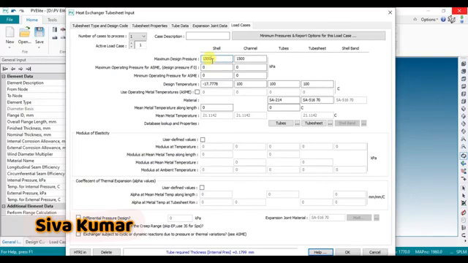And then the maximum allowable, maximum operating pressure, let it be. And then the design temperature. So here you see for shell it would be 100. And then so everything we have filled in this. Then mean metal temperature along length, we can give